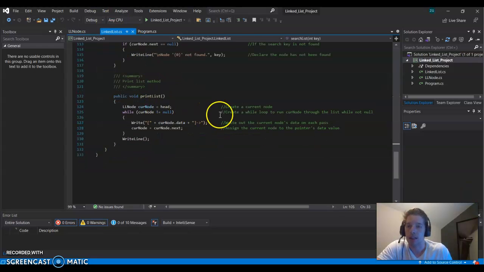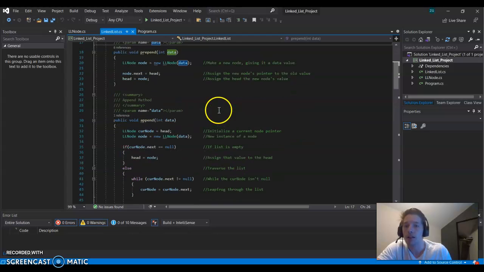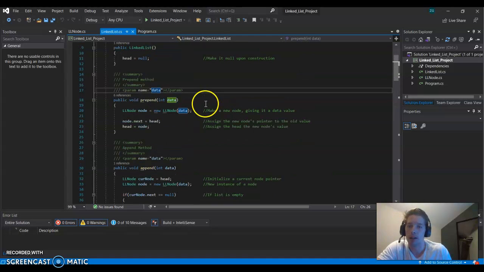And then when we get to the linked list class, scroll up. At the very top, we have a reference to the node class, which we call head. So we initialize a head node. And then on construction of the class as an object, we initialize the head as null. So when it came to adding